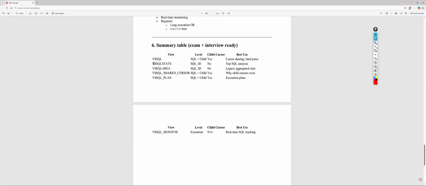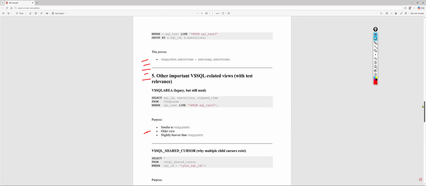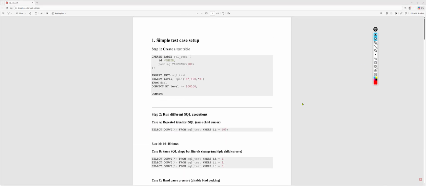Okay, so there is a lot of information related to the SQL, and we have multiple different views related to SQL. If you see, we have V$SQL, V$SQLSTATS, V$SQLAREA, V$SQL_SHARED_CURSOR, V$SQL_PLAN, and V$SQL_MONITOR. There are a lot more views other than these, but these are the most commonly used SQL views in an Oracle database. So let us create a test case